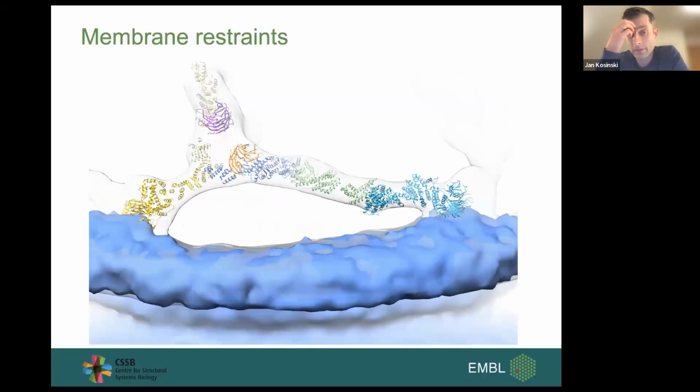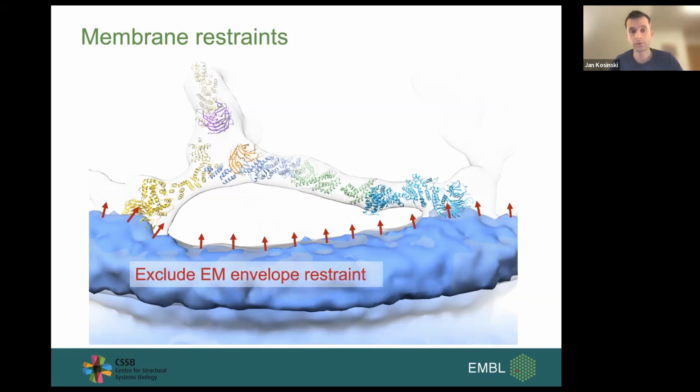And just some highlights of special features we have in Assembline. For instance, what we often used for nuclear pore complexes: various membrane restraints. You can devise a restraint that would exclude protein mass from the membrane. So we have a special restraint where you can define that some protein should not be in that density, so you can expel it from that part.